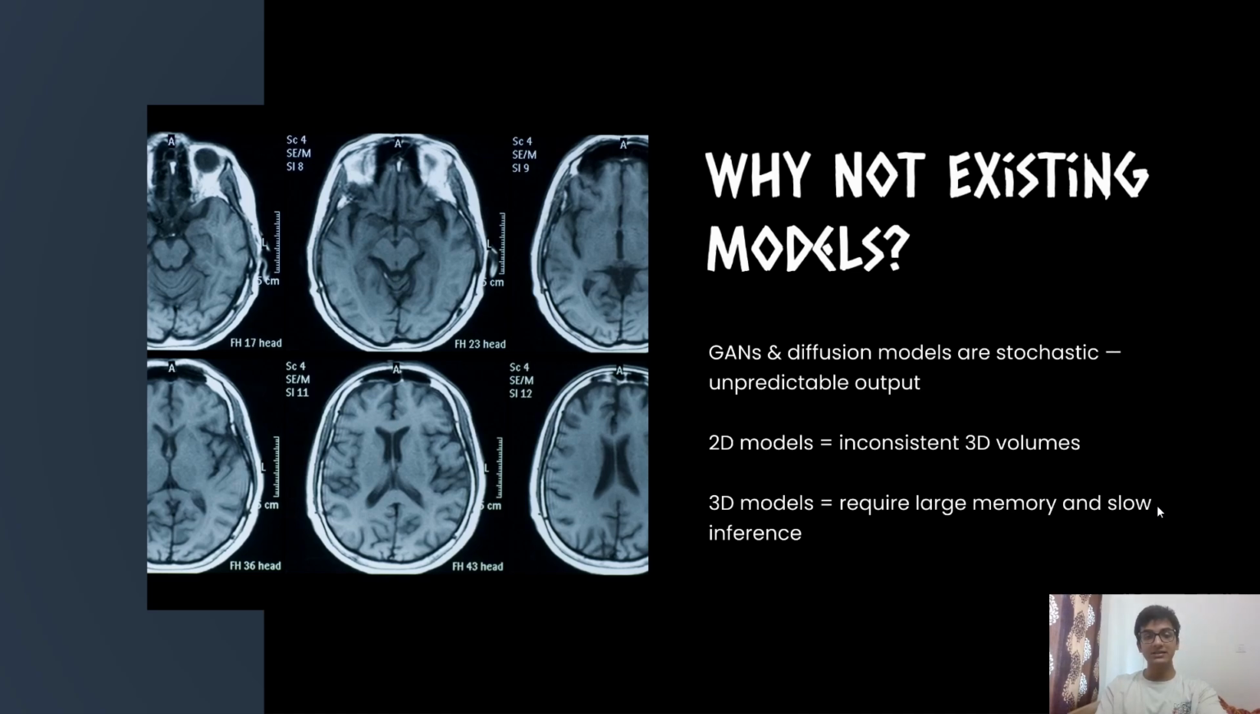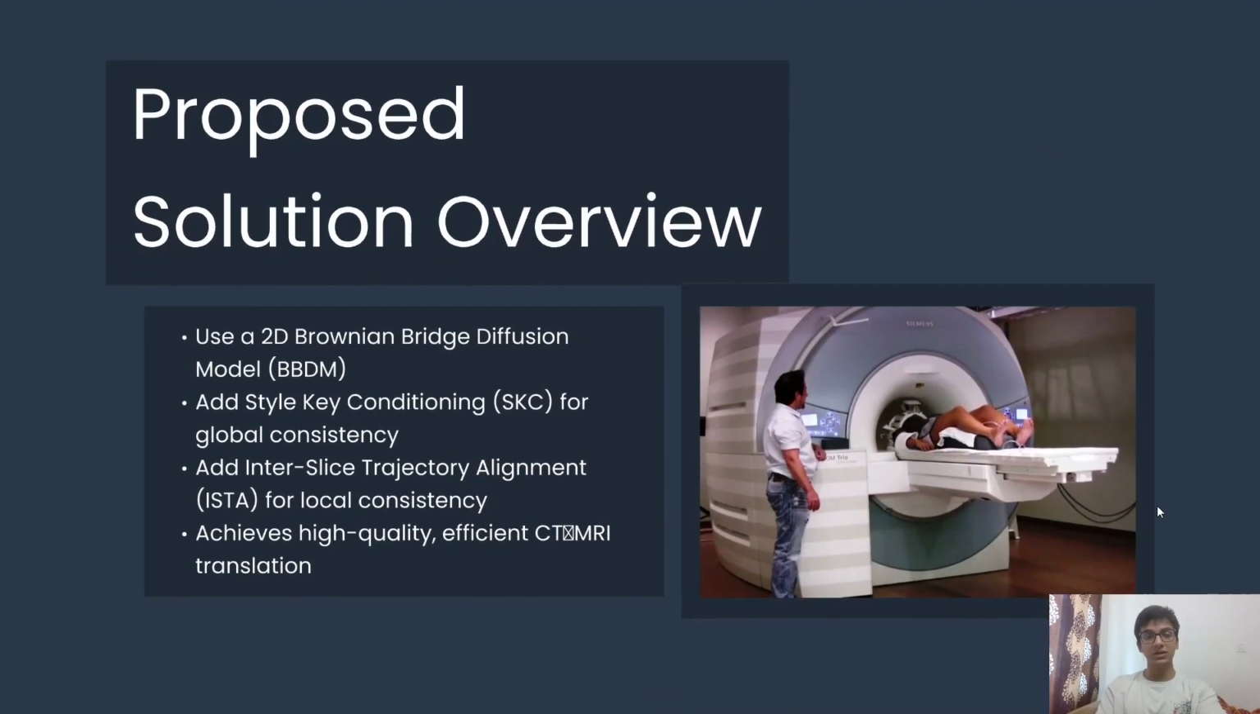This paper tackles that exact challenge with a novel approach. It proposes a system based entirely on 2D models but enhanced with two innovative techniques. First is SKC, or style key conditioning, which makes sure that the brightness and contrast are consistent across slices, and the second one being ISTA, or interslice trajectory alignment, which ensures that adjacent slices follow a coherent anatomical path, essentially maintaining the shape and structure of the brain across